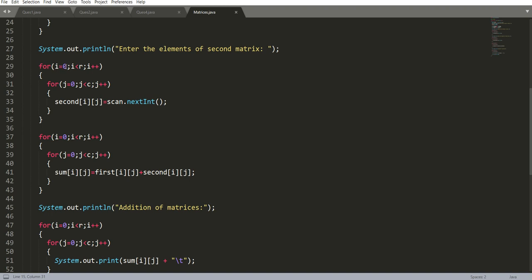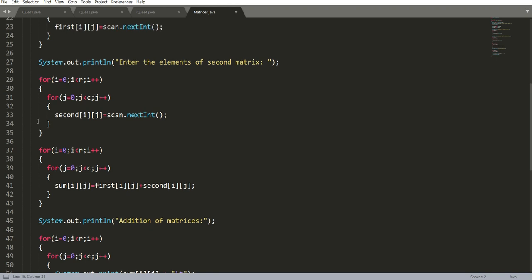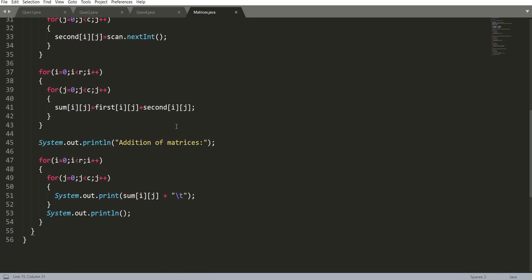In for loop i is equal to 0, i is less than r, i plus plus. Inside for loop j is equal to 0, j is less than c, j plus plus. Inside that second i and j, the scanner inputs are scanned.